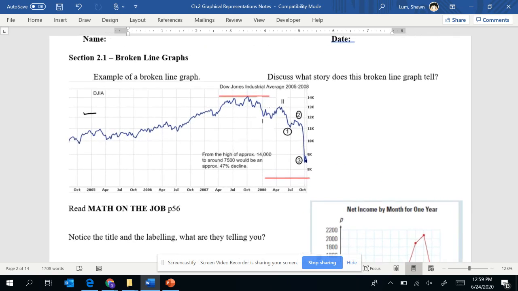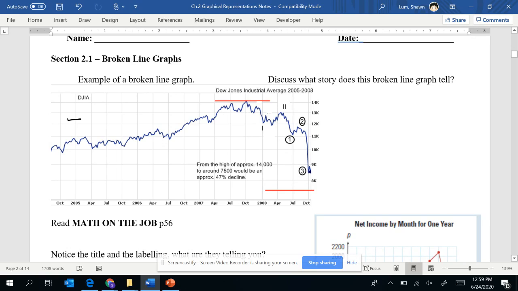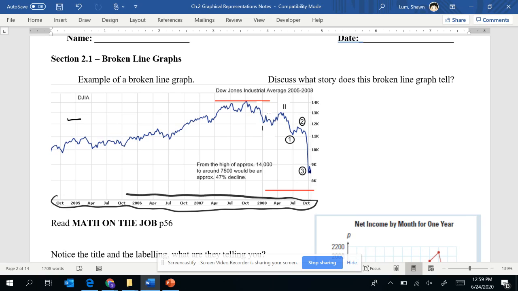So here is our first graph right here. And this graph is about the stock market. And what we can see is that we have the time on the horizontal axis, or in other words, we call the x-axis. And the amount, or in other words, the dollar value, is on the y-axis, or in other words, the vertical axis right here. So this is going to be our x-axis, y axis, or your vertical axis. Okay. And so what we can see from this graph right here,